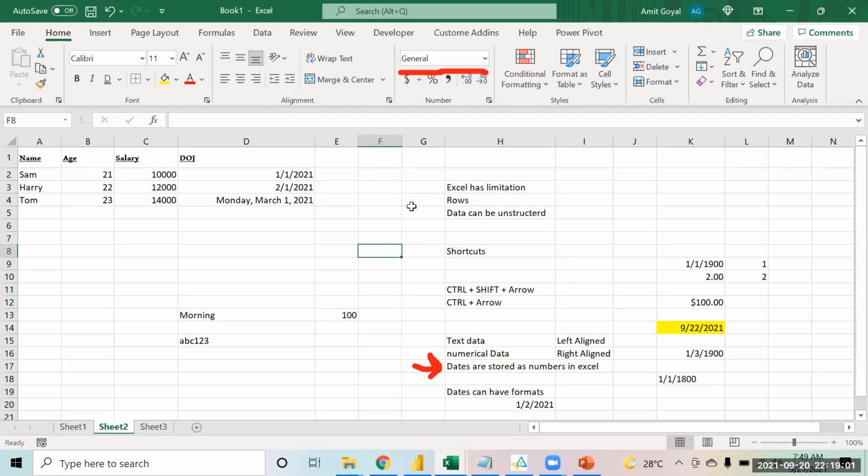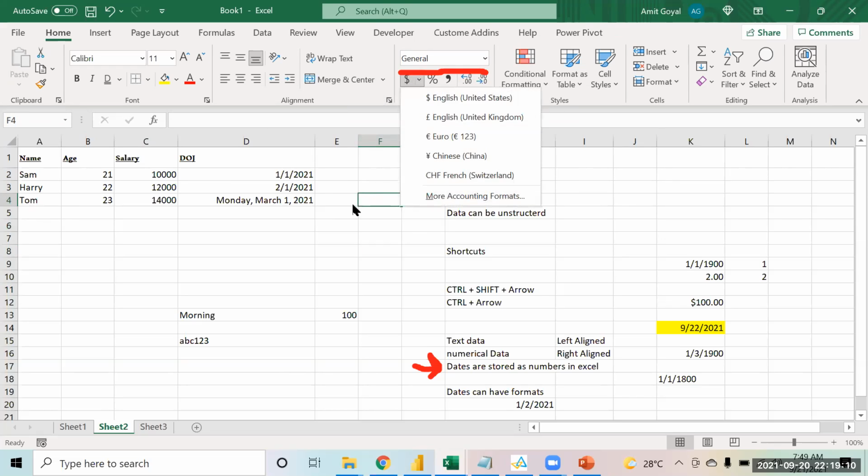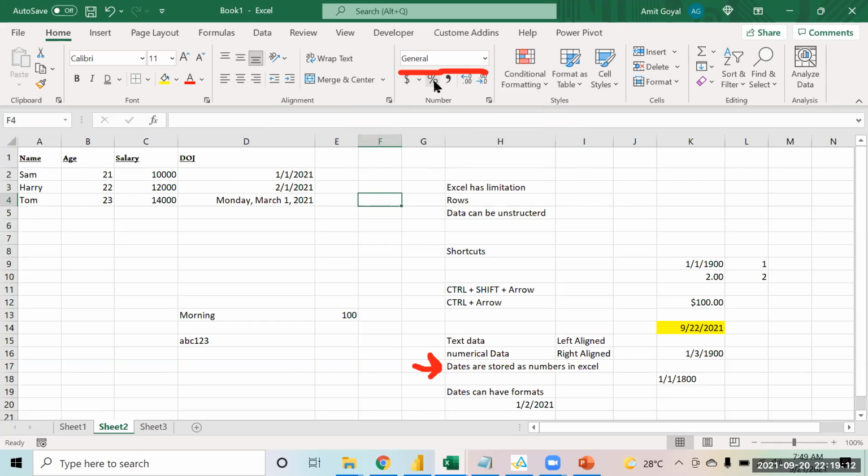Now, if you come over here, in this Excel you will find these options. These are for when you want to convert something into a currency. You have the symbols for that, right? You want to convert a number into a percentage, you can do that, right? So, for example, I want to write over here the bonus that I am giving to the people. Suppose the bonus is 10, 12, and 15, right? So you want to convert them into percent.